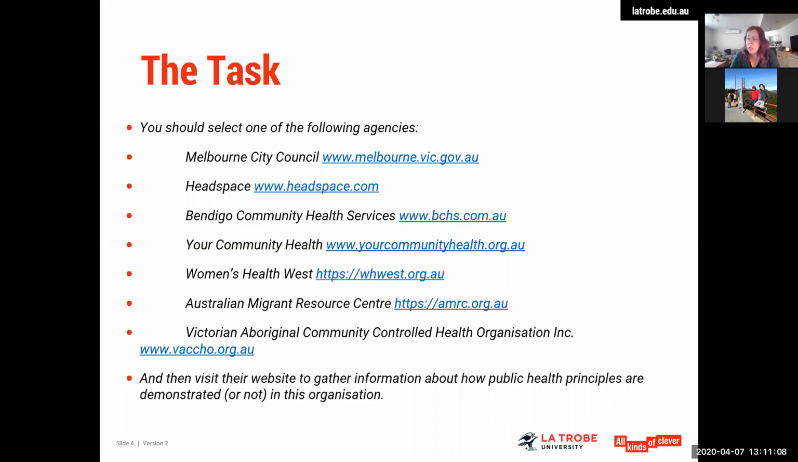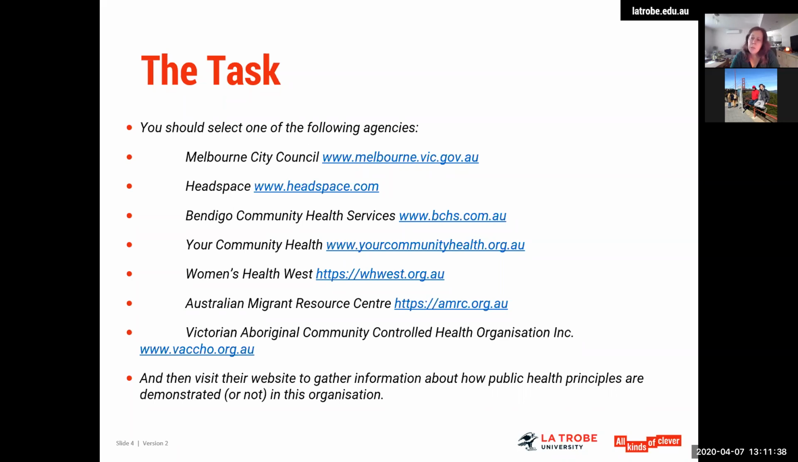There's Melbourne City Council, there's Headspace, we've picked Bendigo Community Health Services, Your Community Health, which is actually a Melbourne metropolitan-based community health service, Women's Health West, the Australian Migrant Resource Centre, and then finally the Victorian Aboriginal Community Controlled Health Organisation. So we picked a range of community health, local government, not-for-profit